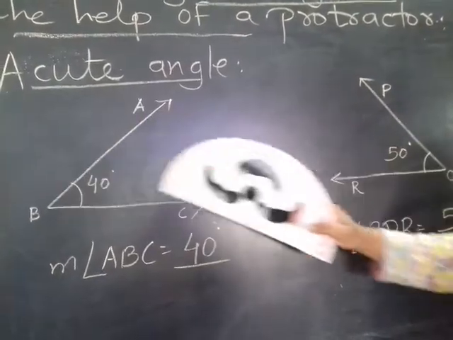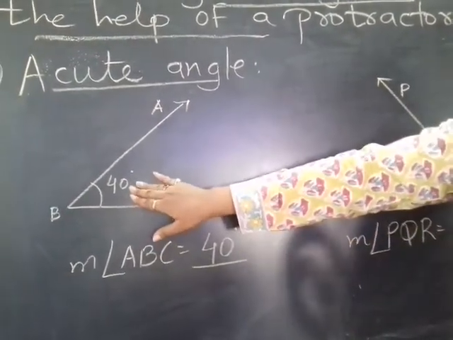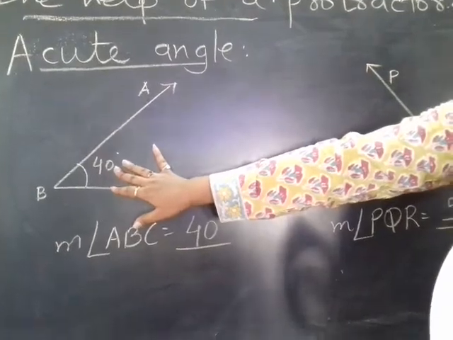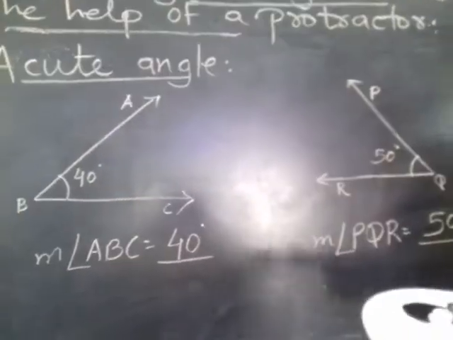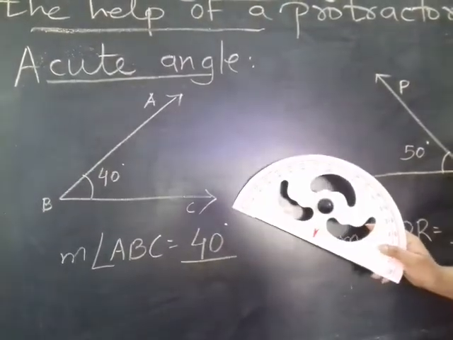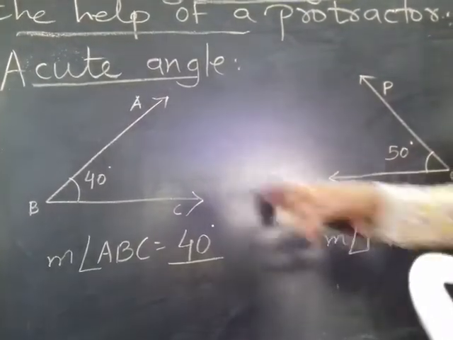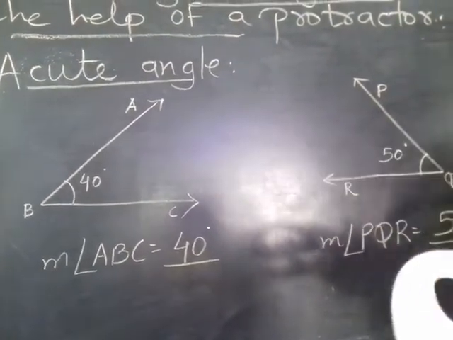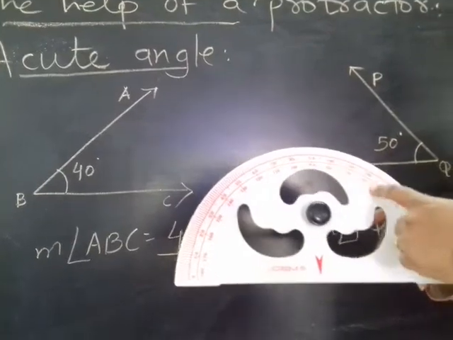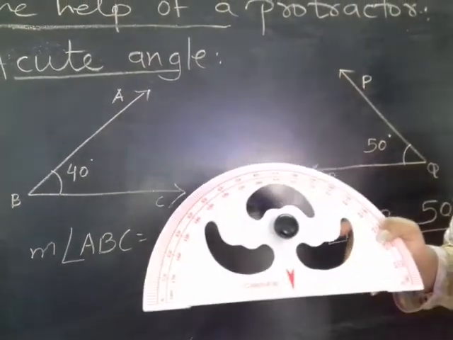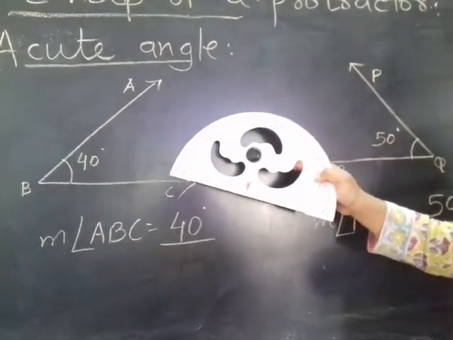Now this is a right side facing angle that we have to measure with the help of a protractor. This is already given to you. Degrees will not be written. I wrote them after measuring the angle. But how to measure when an angle is given with the help of a protractor? As this is a right side facing angle, you have to measure the interior degrees. You have to take the interior degrees of a protractor to measure a right side facing angle.